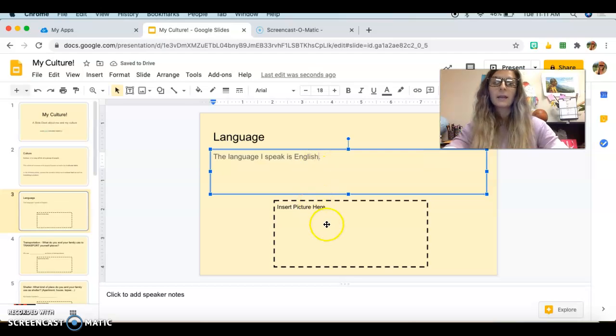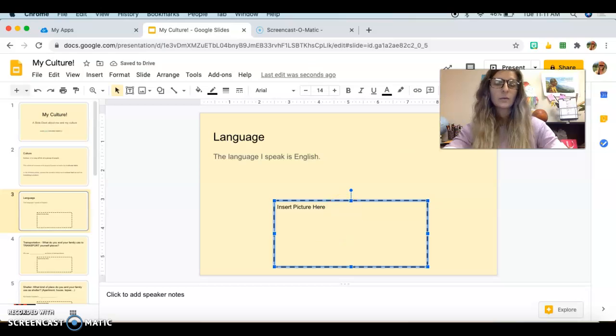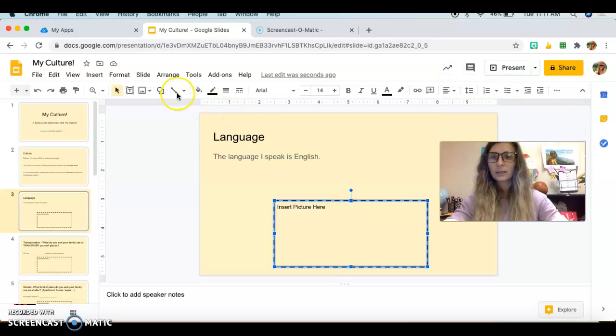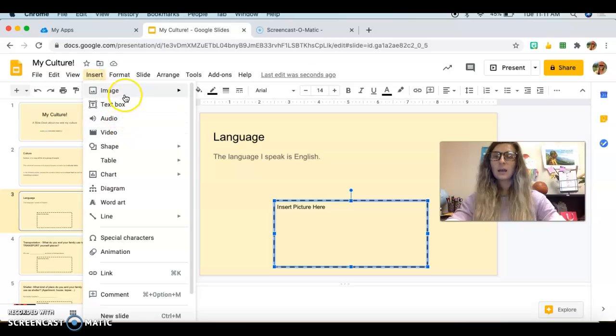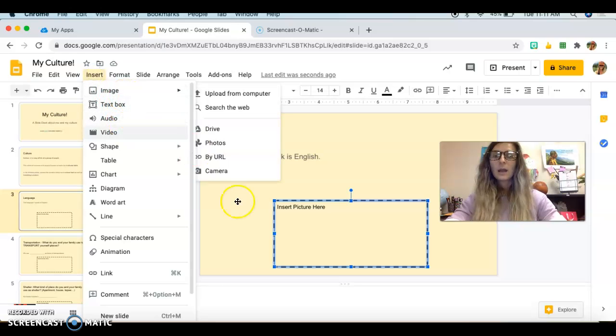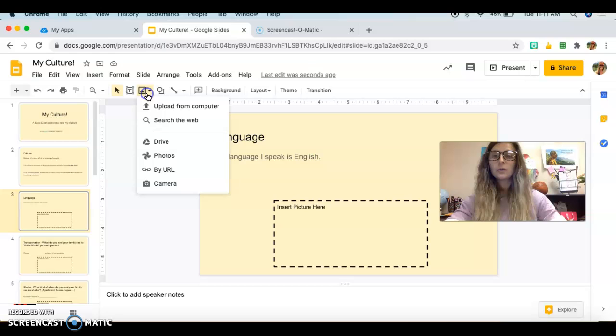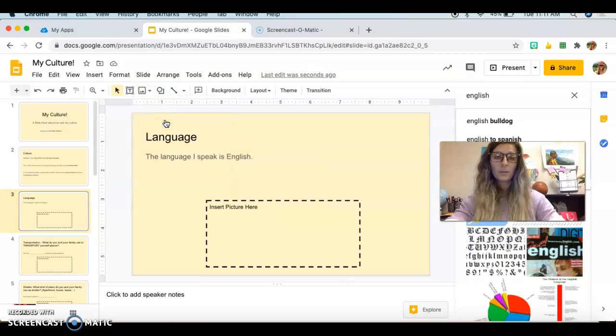English. And then I would insert a picture. So if you forget how to insert a picture, super easy. All you do is in your Google Slides, you click on the little image icon. You can also click insert and then image. It's the same thing. And then you choose search the web, type in English, and then you can choose any